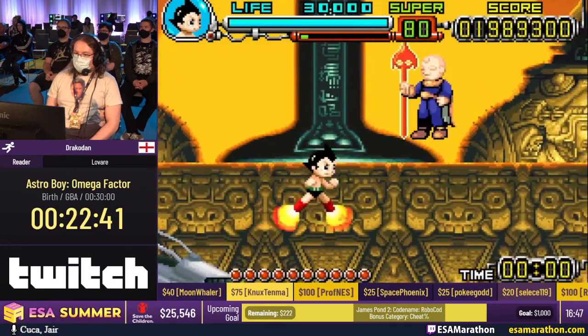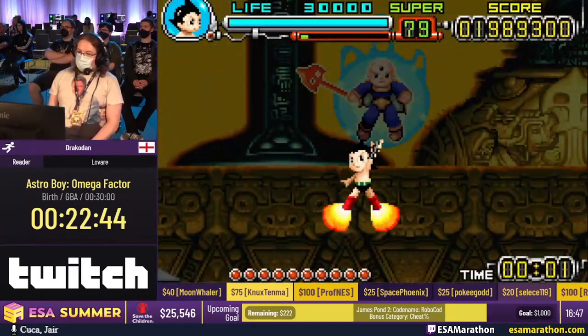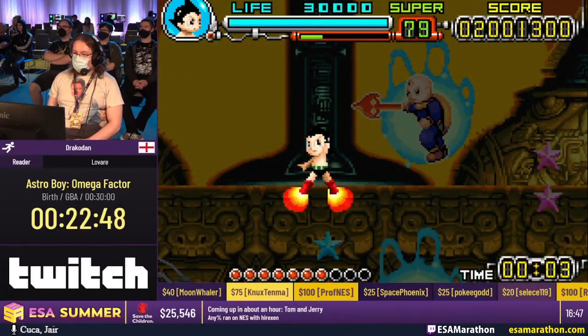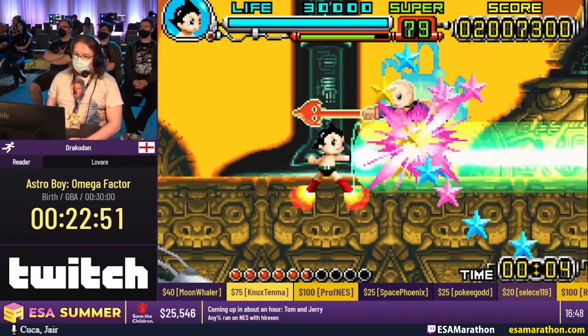So now we have Sharaku, the psychic dictator I mentioned. He has a couple of different special attacks, and I'm manipulating him into using a specific attack by being underneath him when the fight begins. This is going to cause...